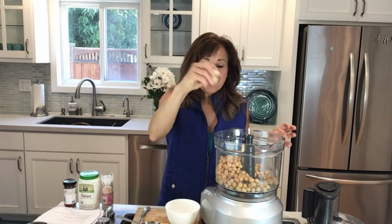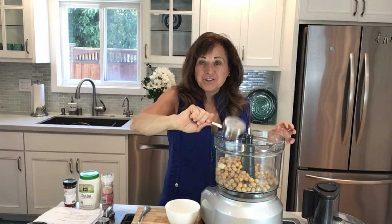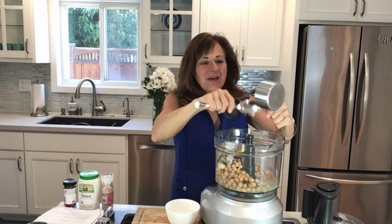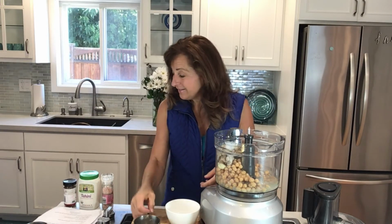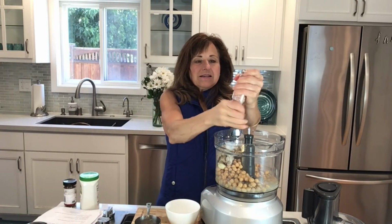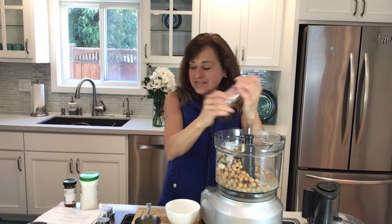2 cloves of garlic, you can put those in whole. Half a cup of lemon juice. Some tahini. Tahini is sesame paste. You throw that in, and I recommend that you use organic sesame paste. And then you can put in just some salt, about a teaspoon of salt, and then